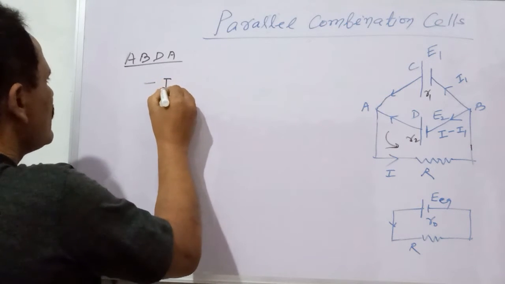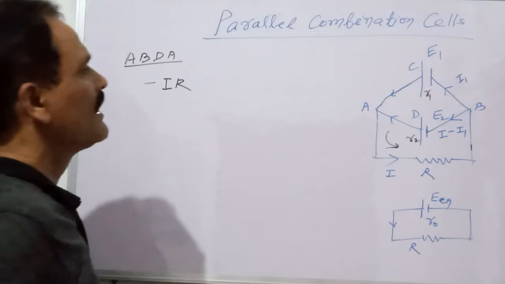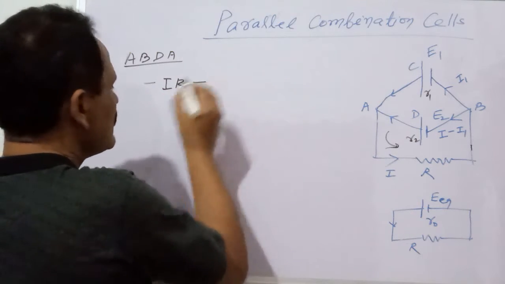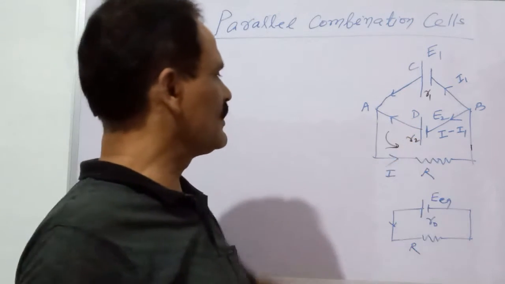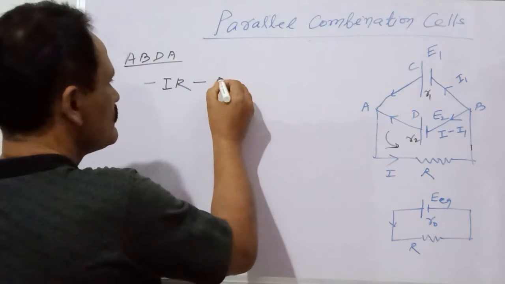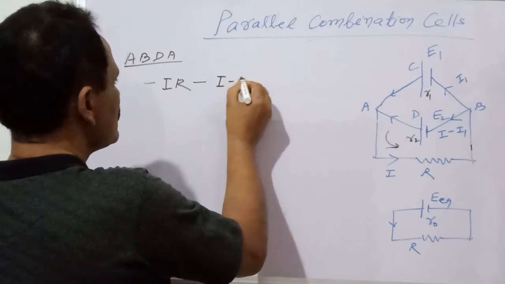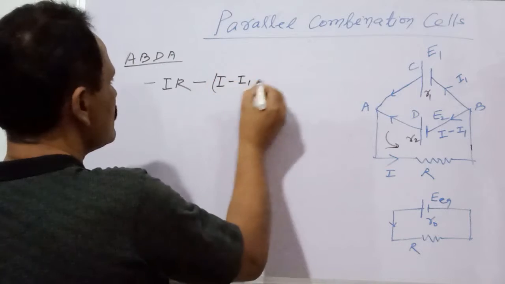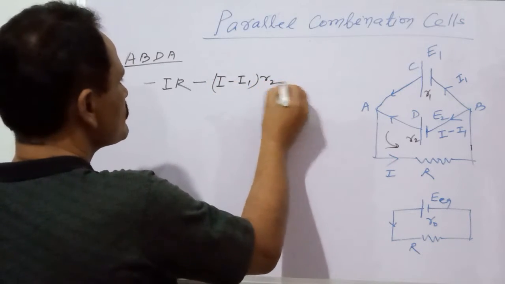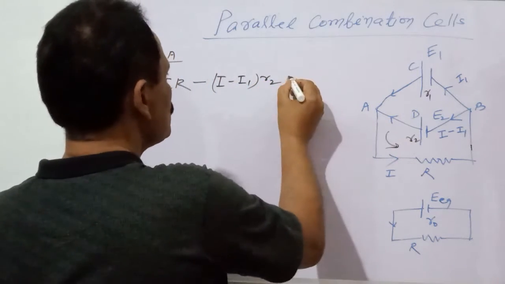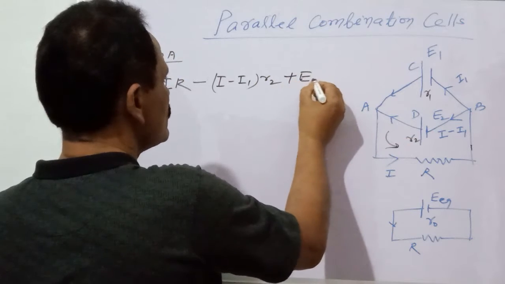This is IR, and again there is also a loss, so it is (I minus I1) into R2, and E2 is the gain in the potential, so plus E2 is equal to 0,